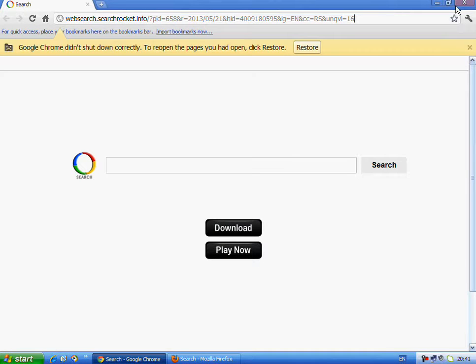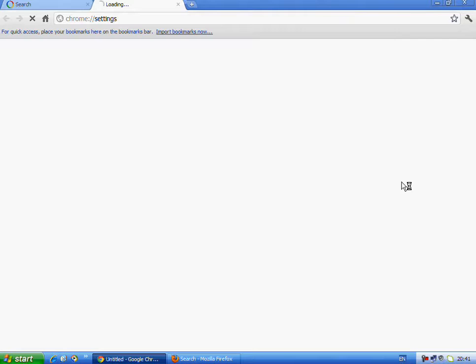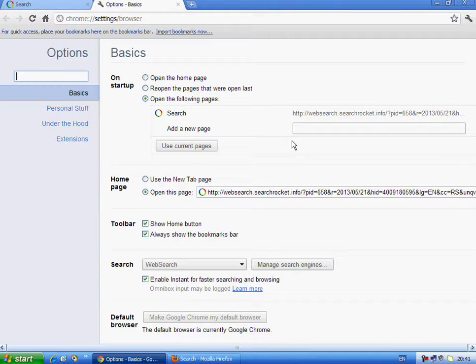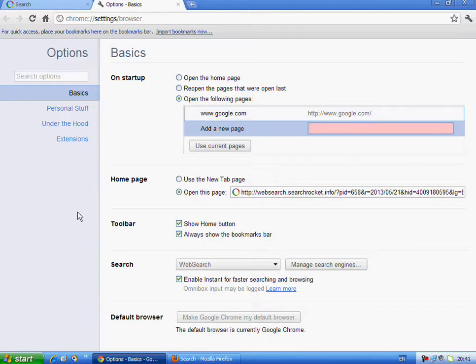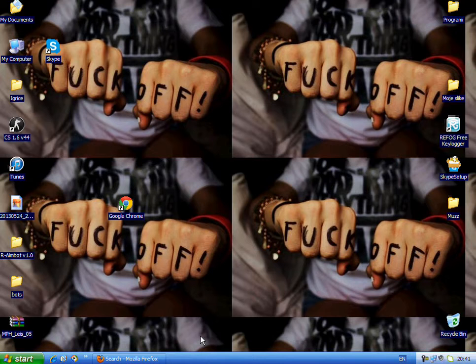Let's see first for Google Chrome, sorry. Go to options or settings, customize and control Google Chrome, and go to options. And you will see, if you want to open Google, just type here www.google.com, and I like to write it to be Google. Let's close it and run again,